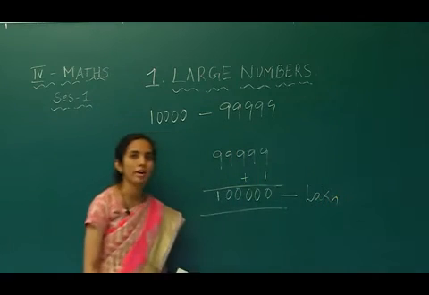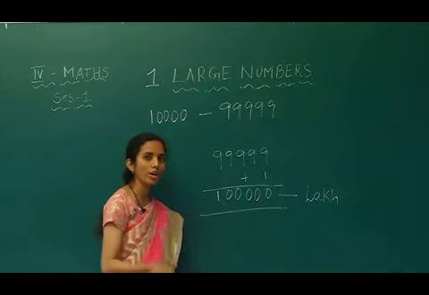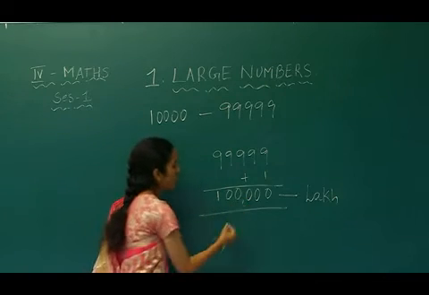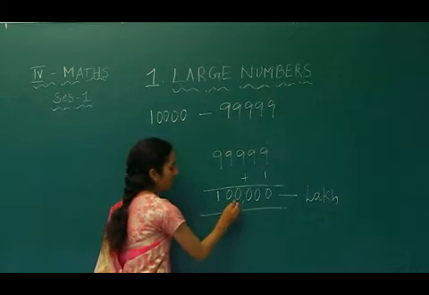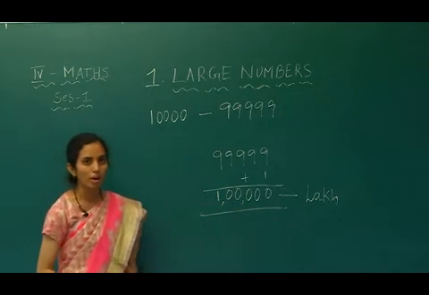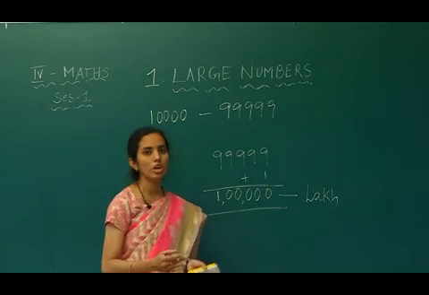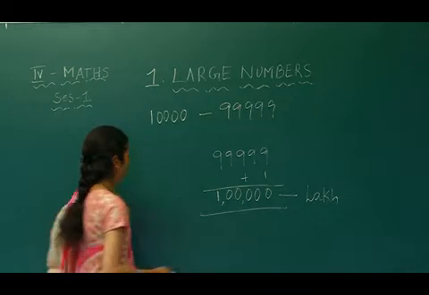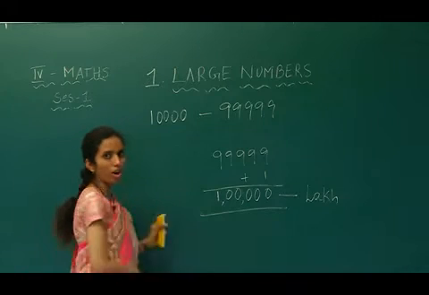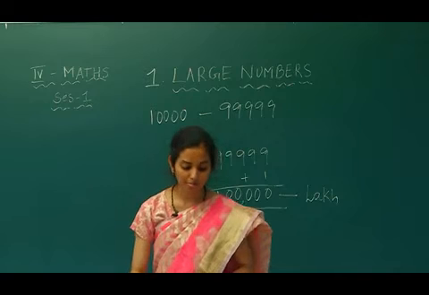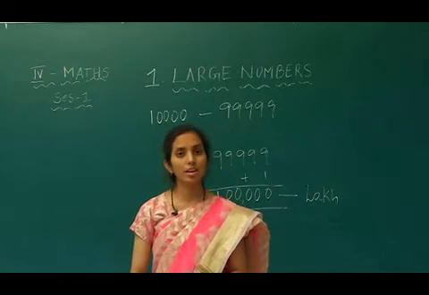We call this number lakh, and according to our Indian number system, we differentiate as ones period, thousands and 10,000s period, and after 10,000 we put a comma. In the place value chart also we have written till 10,000. So on the left side we make one more column and we write the lakhs. This is how we represent the lakh.